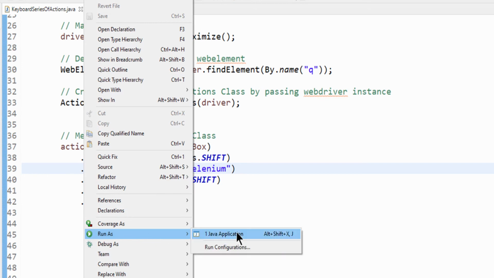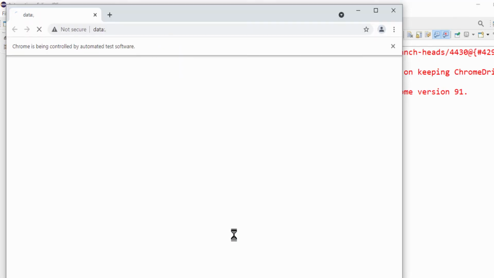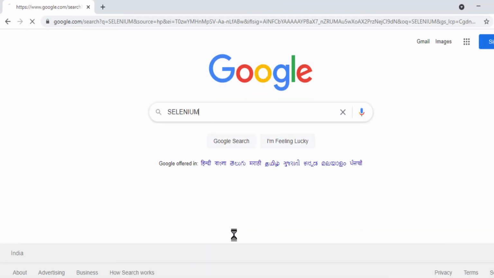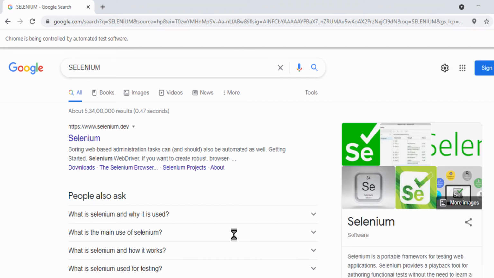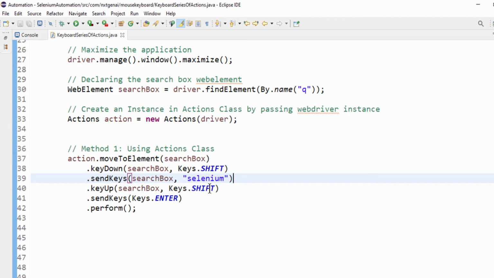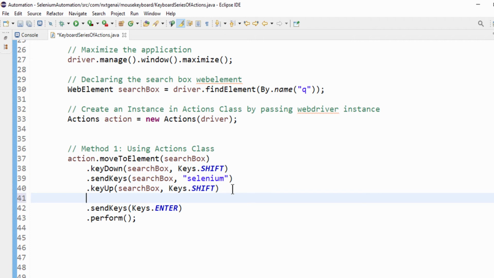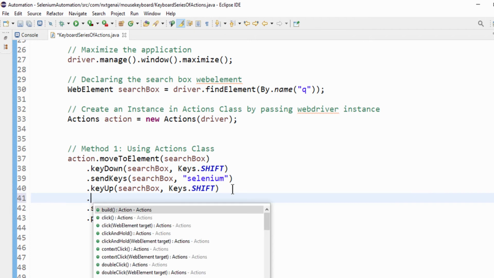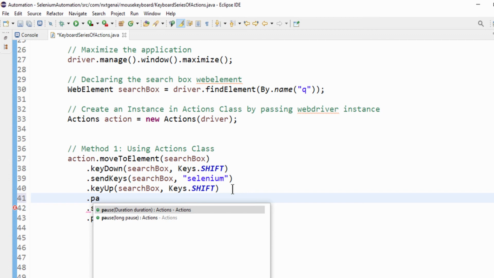Okay, let's execute now. It is navigating, it is typing the value selenium and pressed Enter. Since the execution is very quick, if you want to see it, instead of Thread.sleep we have another method called pause.